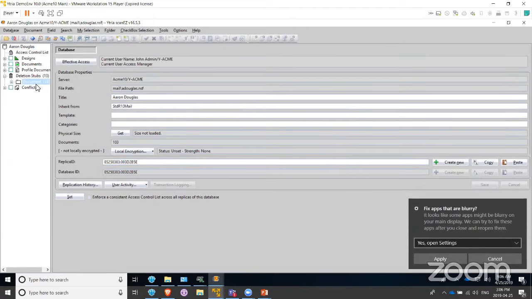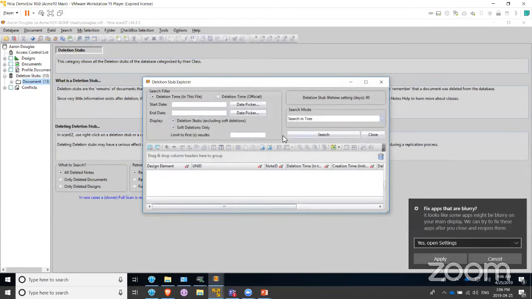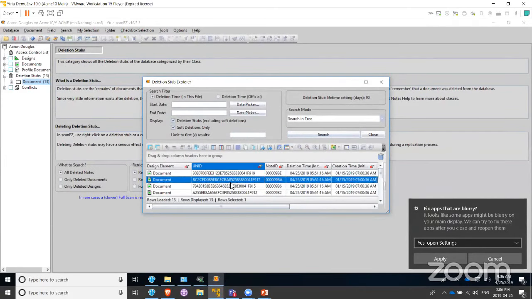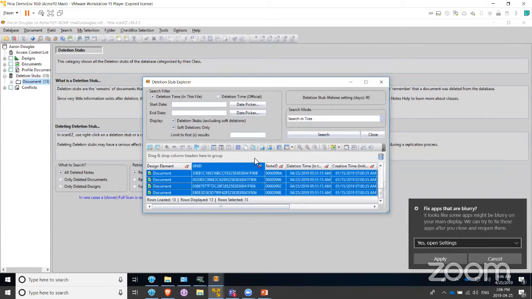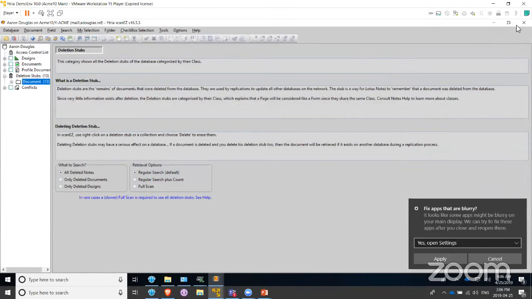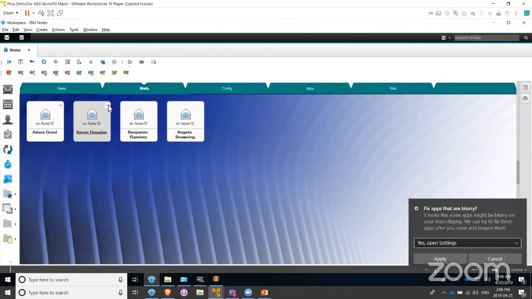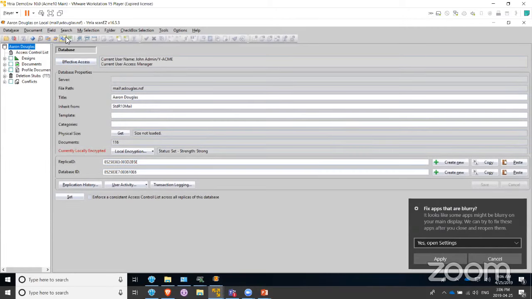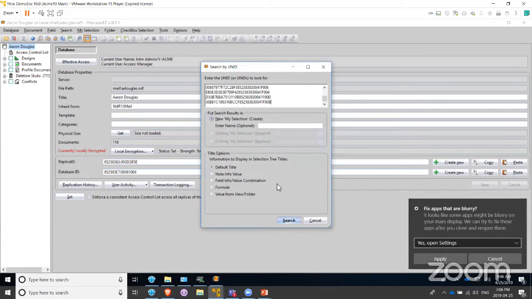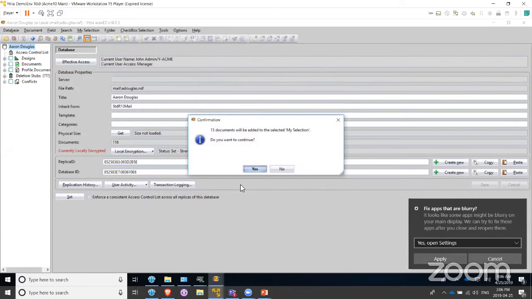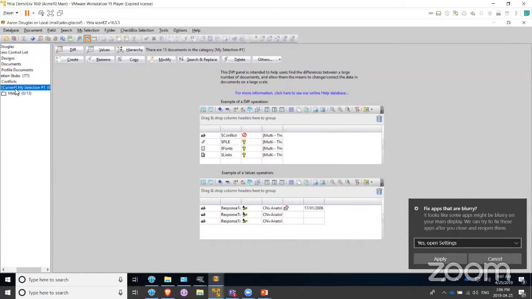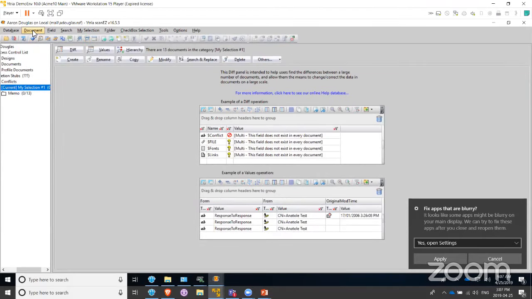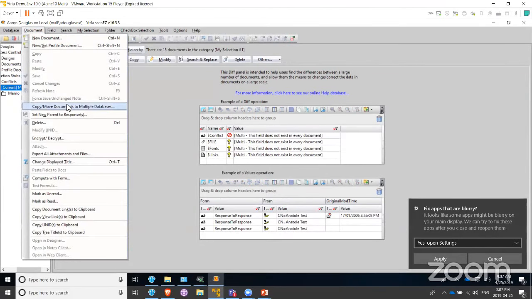So let's just do this real quick. Deletion stub explorer. Let's take those unique IDs. In this case, I don't have any views, so Control-Shift-C, and then we're going to head over to the local replica, and we're going to see what we get with that. So again, I'm just going to use the unique ID search, and we're going to quickly locate these deleted emails. In fact, we found those alive emails, and then we're going to use the copy or move documents to multiple